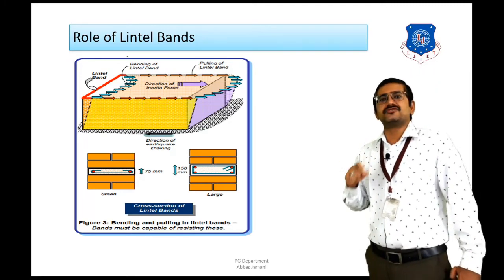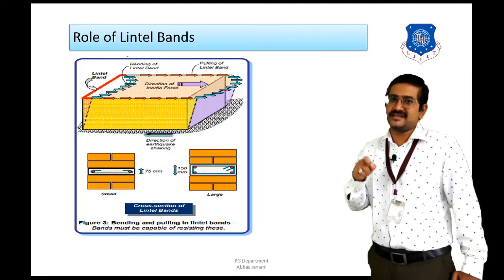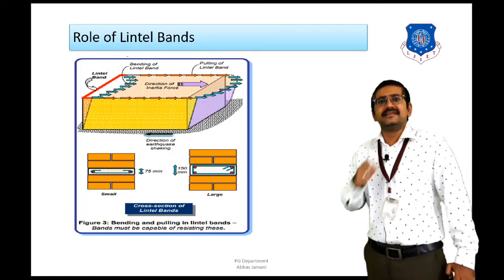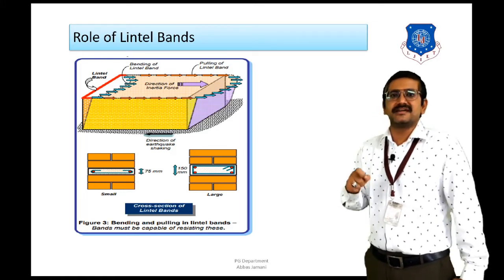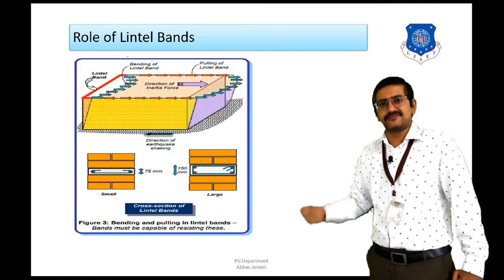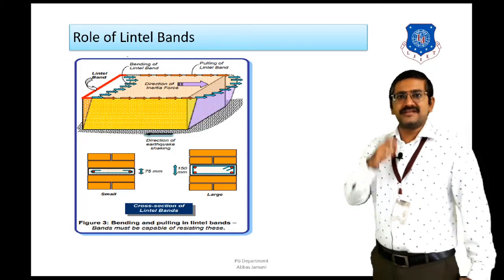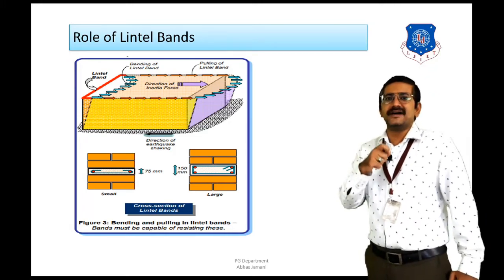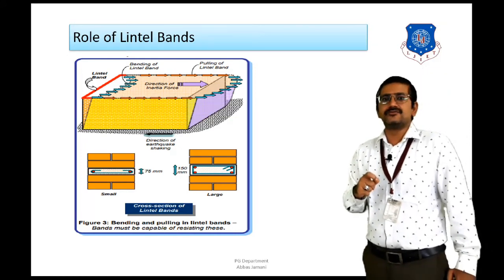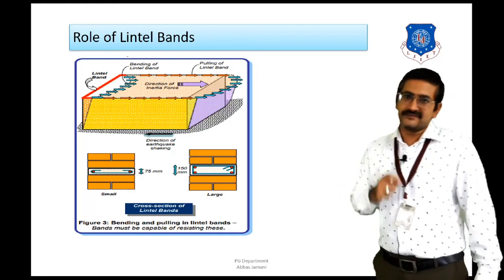And this tension is going to be transferred in the long walls from the corners of these walls, that is, the right angle corners of the walls. So if these corners are detailed properly, then and only then can the effective force transfer take place, and only then can the load be easily transferred to the foundation and from the foundation to the soil. So we have understood that the design of lintel band is going to be governed by the out of plane bending or the horizontal bending, and it is also going to undergo the effect of tension force, or in other words the pulling effect.